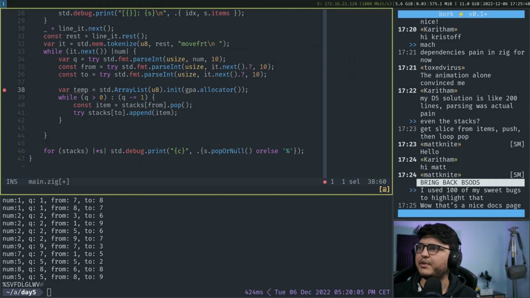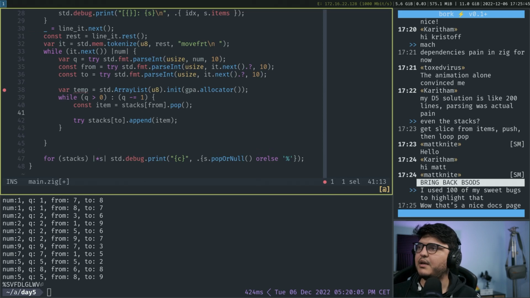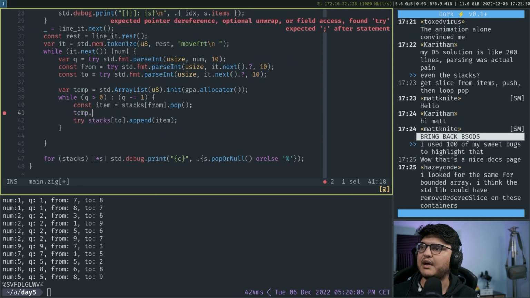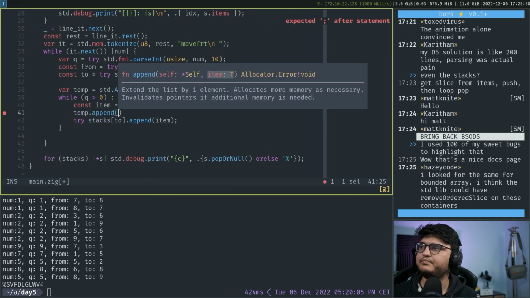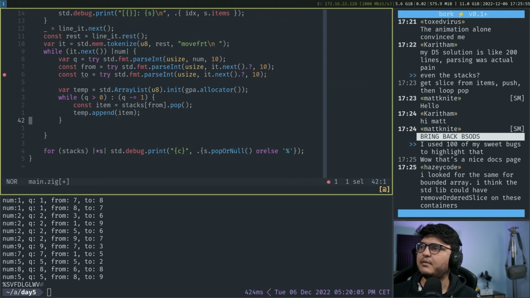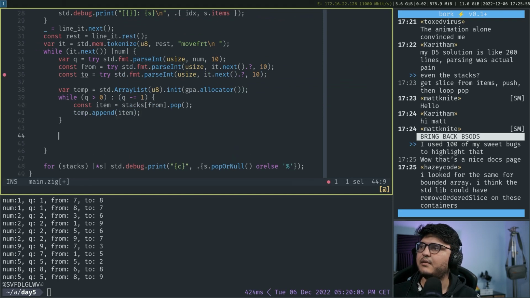So we keep popping and we keep pushing to temp. Put, add, append. So we keep appending there, and then